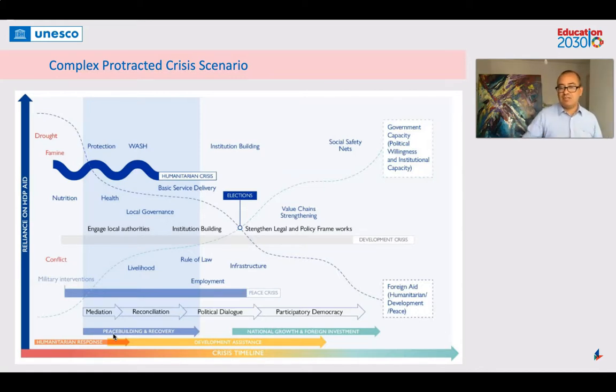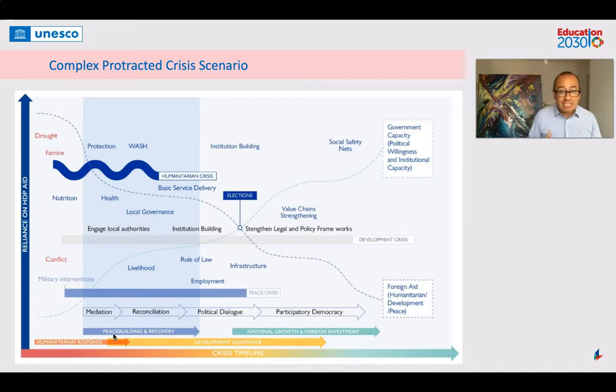set the basis for development while doing humanitarian response, and we're trying to stabilize the situation. This is what normally you're going to have when you are planning on education. It's very rare to have a context in which you will have linear elements for planning, and normally we are talking about more complex protracted crisis scenarios that we need to take into consideration, in which you're going to have the need for emergency response combined with middle-term actions and with long-term actions.